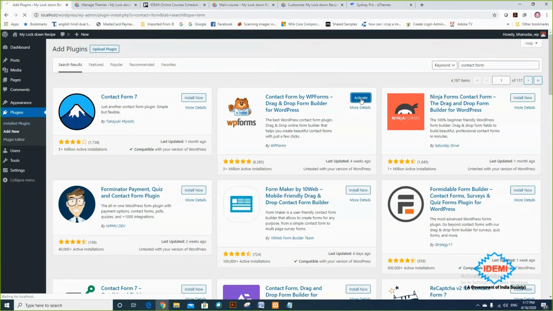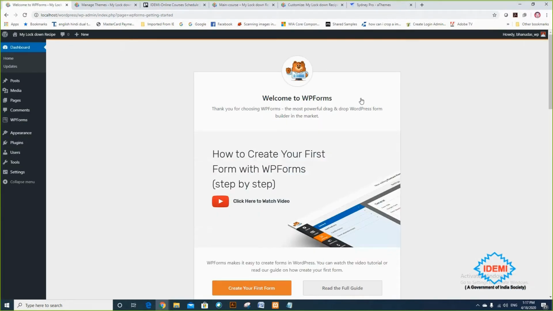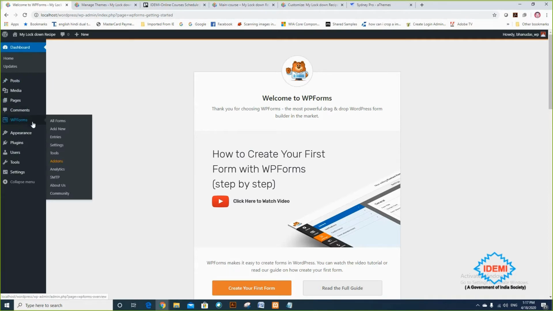So I'm clicking on activate, and once the installation is there, then your plugin gets added here inside your toolbar. So look at the left hand side. Okay, previously there is only post, media, pages, comments. So there is something more added, and that is known as WP Forms.